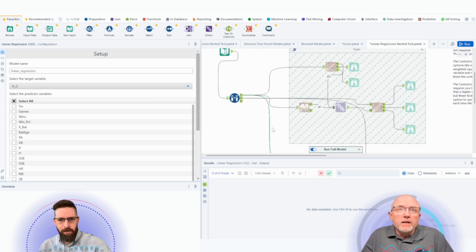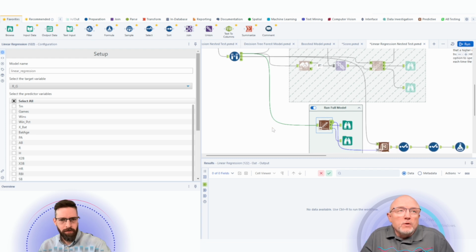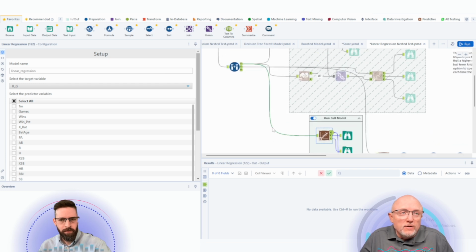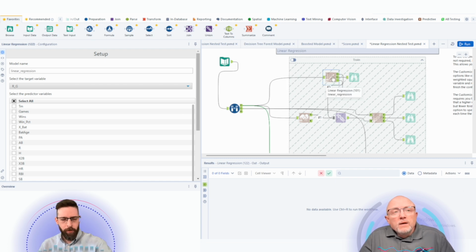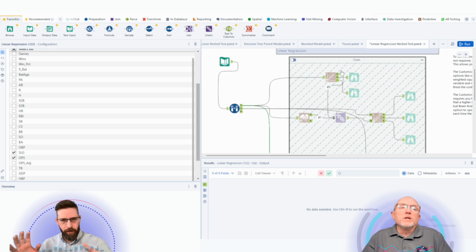Because it seemed like when you connected back to your sample tool that it would have reselected all of them. Did you manually set only those two input fields, or did I just miss that? So up front, it was configured with these tools. But what I did was I copied the container down, and the reason